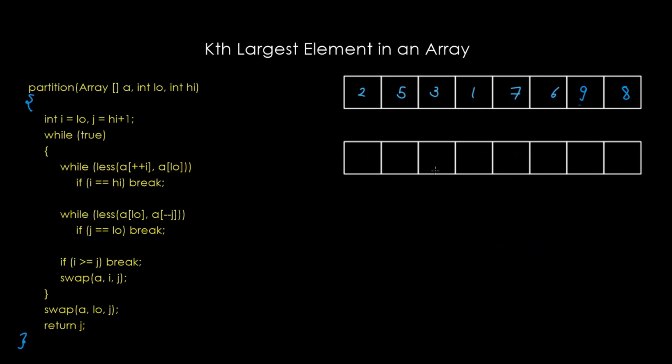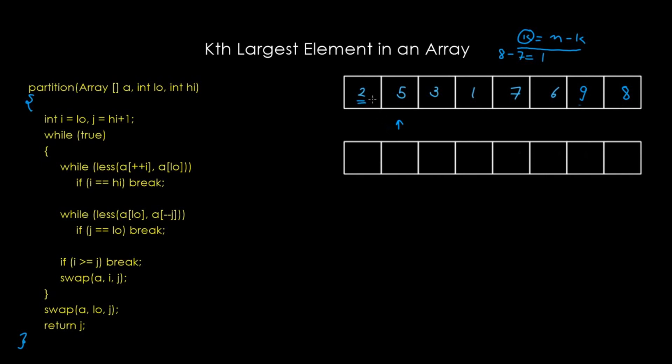So we know that if we are required to return the kth largest element, then we are required to return the element at index n minus k, and let us call this k. And this works only when our array is sorted. But here's the idea: we are not required to sort the whole array. All we are required to do is to bring the right element which belongs to this index. For example, if we are required to return the seventh largest element, then 8 minus 7 equals 1. That is the element which belongs at index 1, and the element which actually belongs at this index, if the array is sorted, is 2.